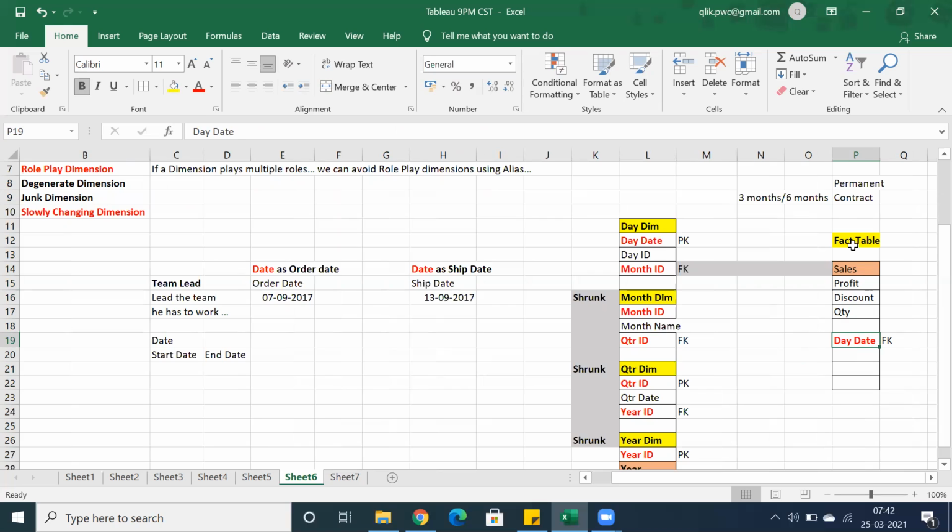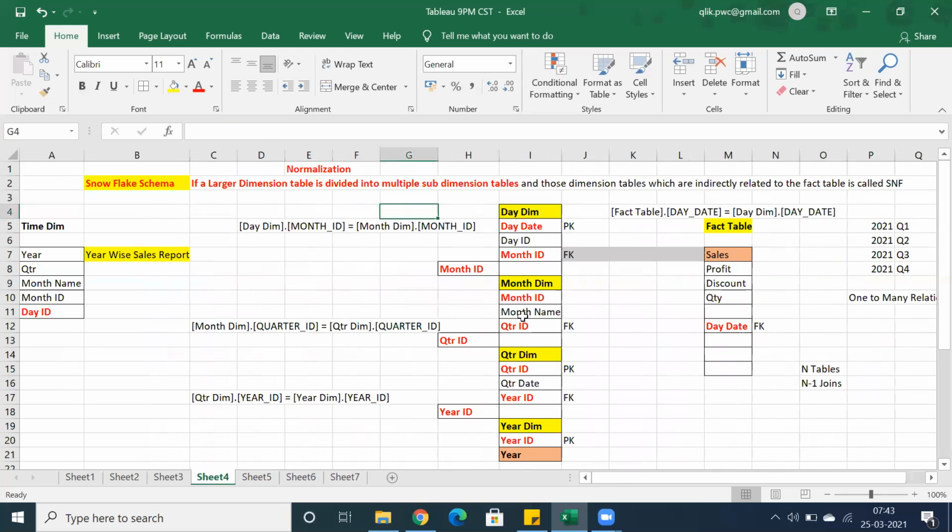You can see here, we have day date in the fact table, but this day date is also present in the day dimension table, which is the parent table. So we are referring to it, that's the foreign key, and we have a relationship between these two tables, and we have this information present in the day dimension table.